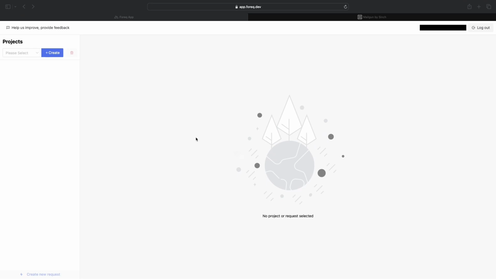So Foreq, in very simple terms, can be thought of as a forward proxy. It is an easy to get started tool that is used to forward requests to other endpoints. Now I'm going to be doing a demo of using Foreq to forward requests to Mailgun in order to send mails. So first off, I'm going to be creating a project, and a project is simply a logical grouping